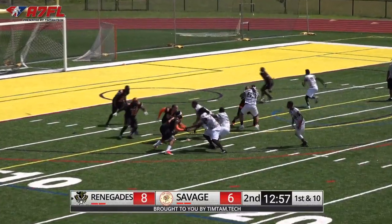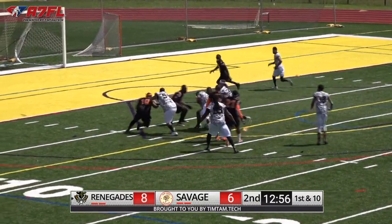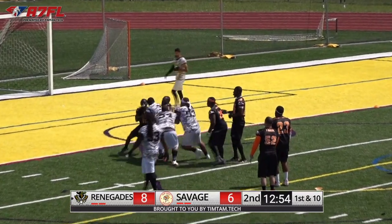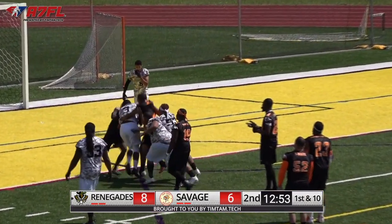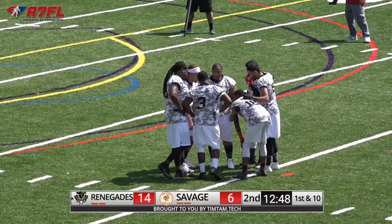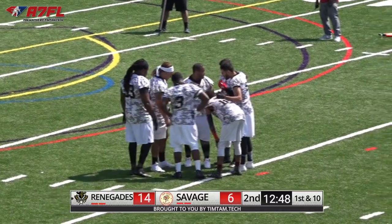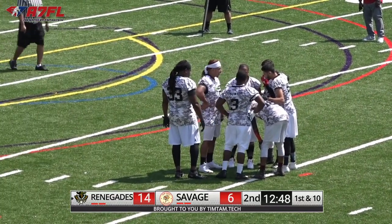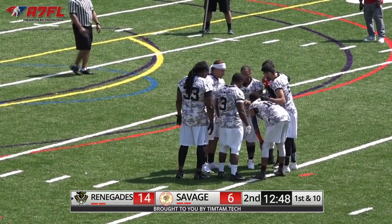Matchup here, and I wouldn't blame them. A lot of our fans did not see much in this matchup. The Renegades 0-4 coming in. The Savage just losing their first game last week. This has got to be considered a very surprising development in the early going. And the Savage are going to need to find a way to recover, and the best way to recover is